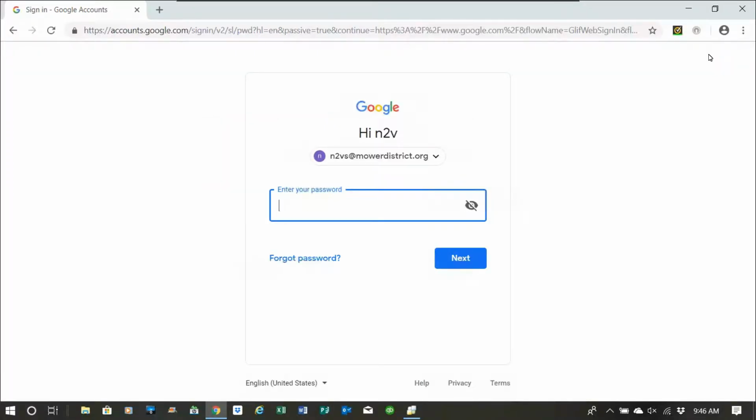So, okay, in this case, I had already signed in, so we're going to click the little drop down where it says ntvs@maurerdistrict.org, and you have to change it to a new one. Do you see what I'm talking about? Right in the middle where it says NTVS at Mauer District, we got to change that to add a new